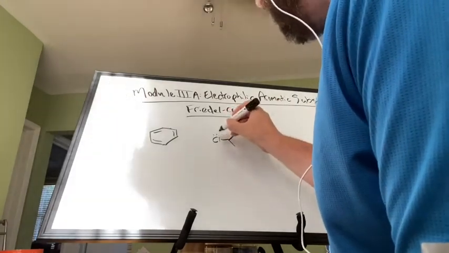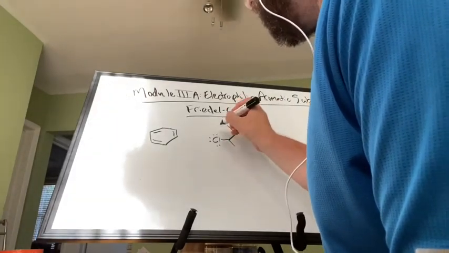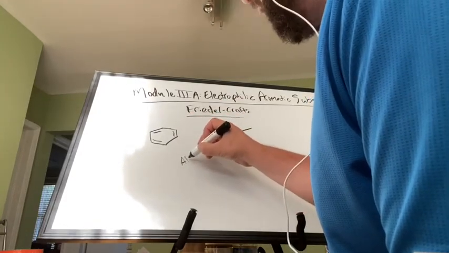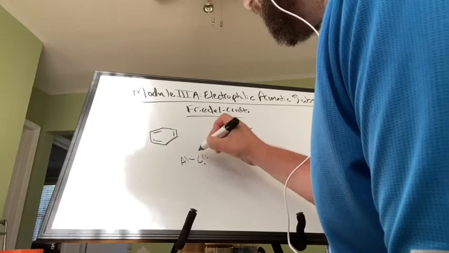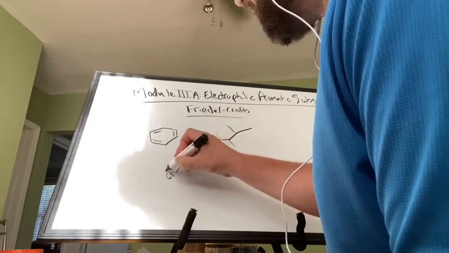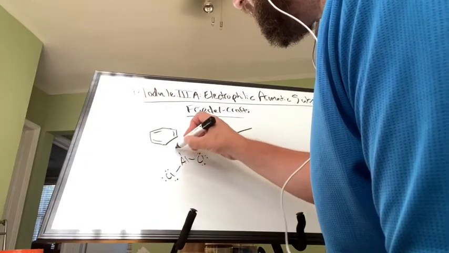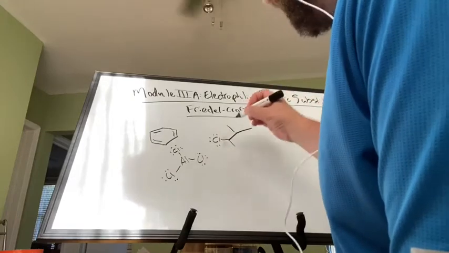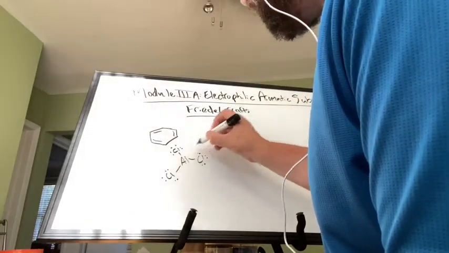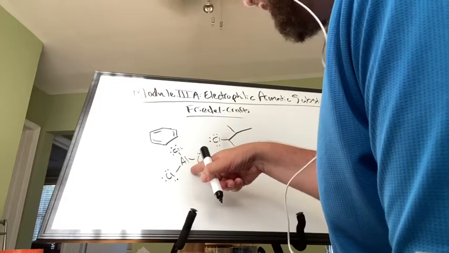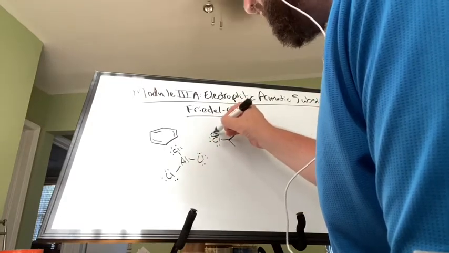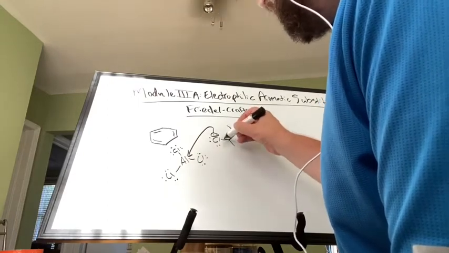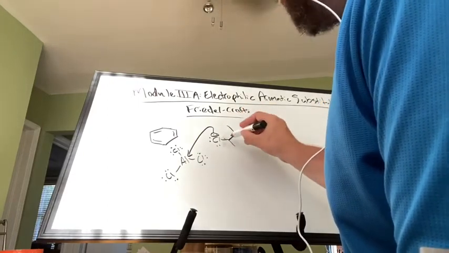And we have an aluminum trichloride catalyst. Now, once again, this is going to be electron deficient. This is going to be electron rich. So there we go. So in effect, it's going to pull this away and form